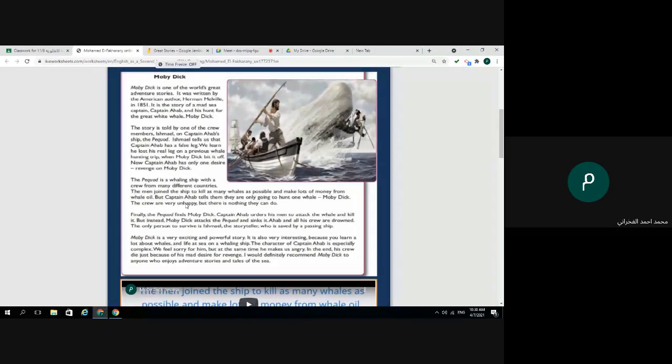He is the main character in this story. He lost his leg in his struggle with Moby Dick. So there is some sort of revenge between Captain Ahab and Moby Dick, and all of the story is revolving around this point. Captain Ahab wants to take revenge. So this is the main point here.